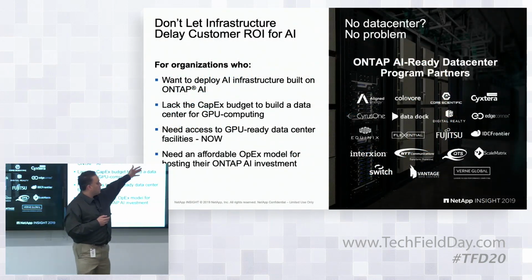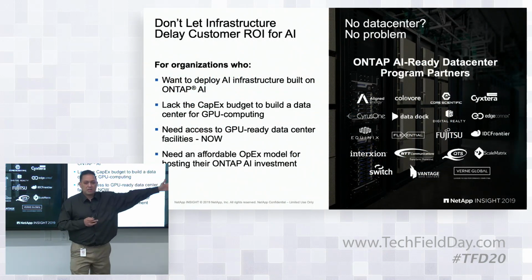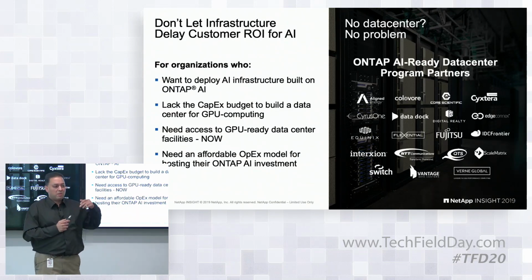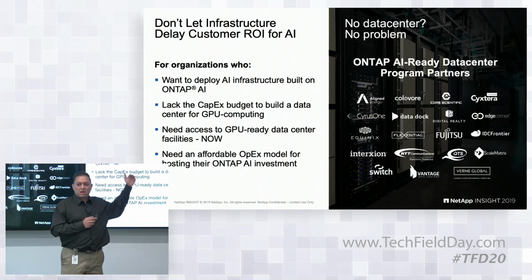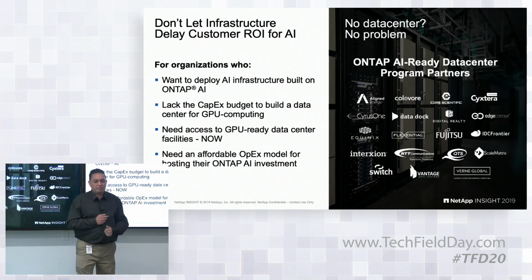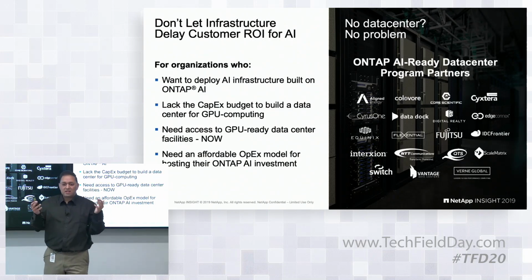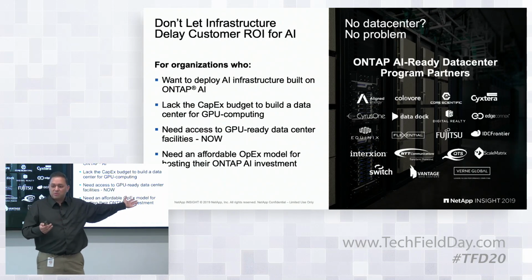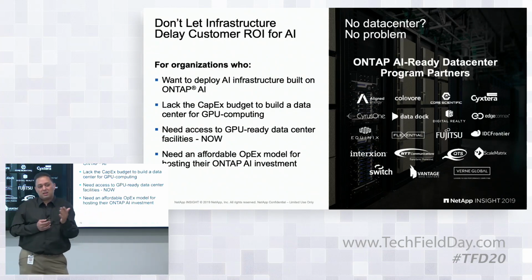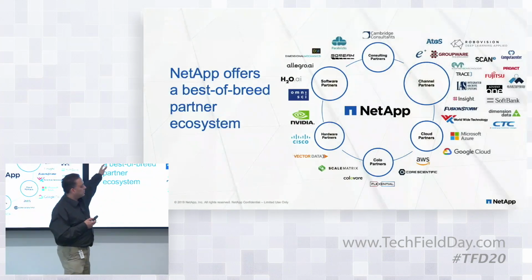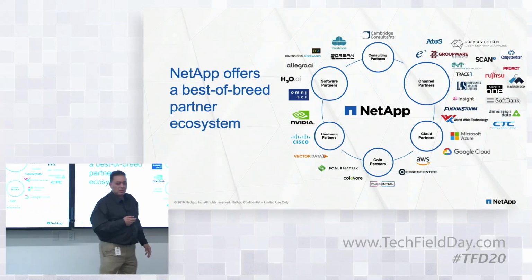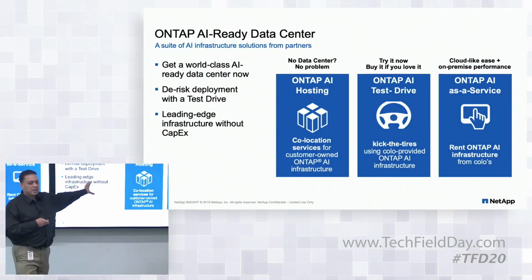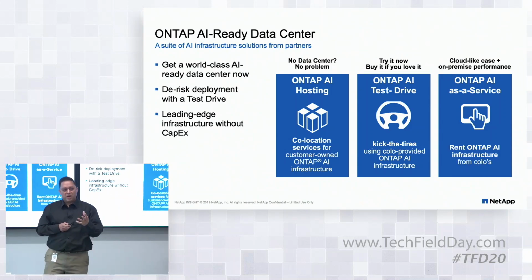And I'm going to give you a sample of this. We're working with over 10 service providers, jointly with NVIDIA, on a program to bring 3 types of alternate consumption models for AI. Now, here's the most fascinating thing. A year and a half ago, I didn't know these names. I couldn't talk about these names with you. We are moving so fast that in a year and a half, we've created a whole ecosystem and put in place a service provider ecosystem. And we've got 3 types of deployments that we're starting to incubate with these service providers.